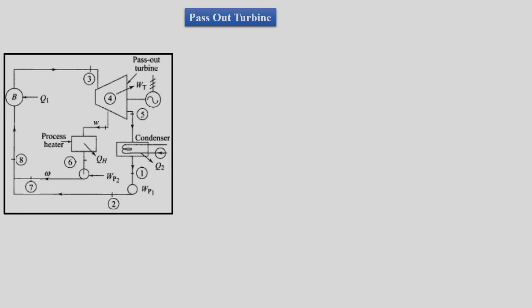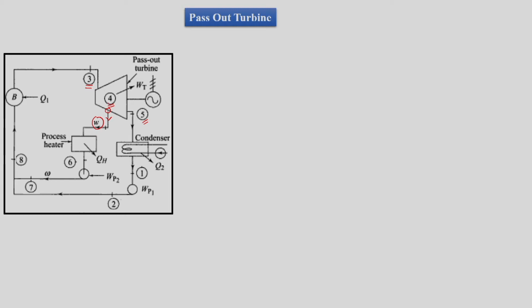But now we are seeing the pass out turbine. What we see here is a simple process like what we did for the regeneration case. We have a turbine executing the process 3 to 5 for expansion, but in between, at state 4, we take W amount of steam as a bleed, and this bleed at state 4 is taken at the desired pressure for that process. So, if we want steam at 2 bar, then we will take the extraction at 2 bar. If we want steam at 5 bar, then we will take the extraction at 5 bar. So, this state 4 is dependent upon the